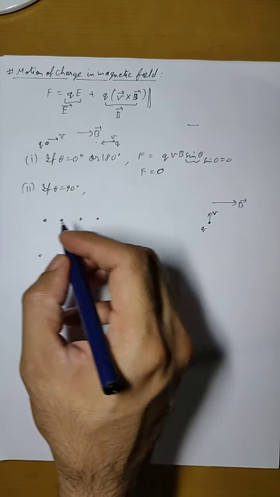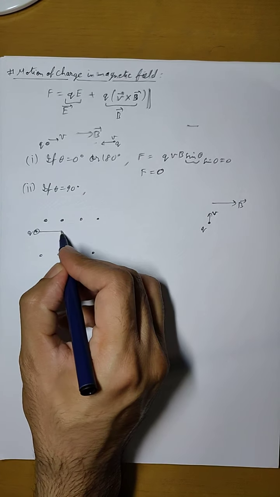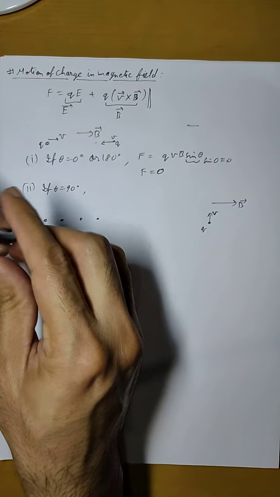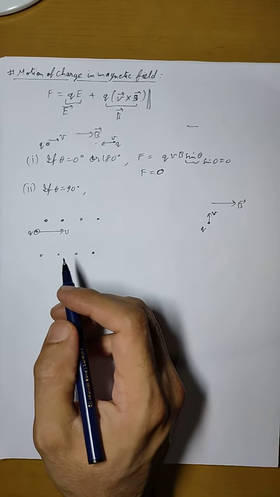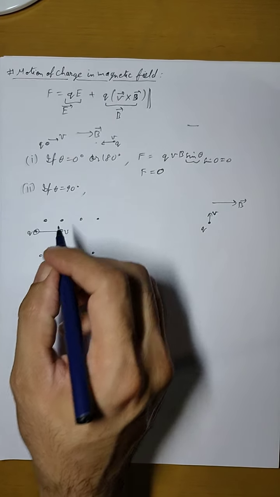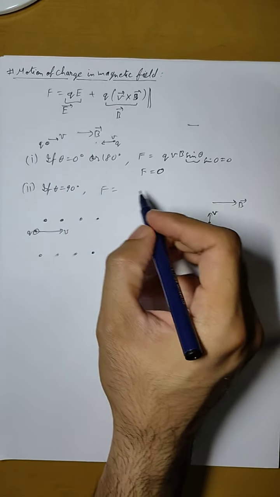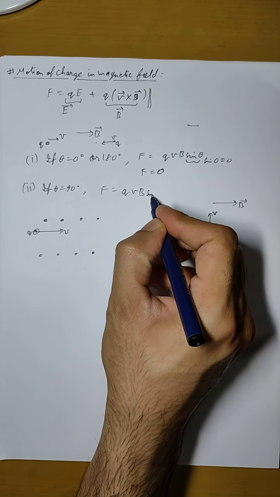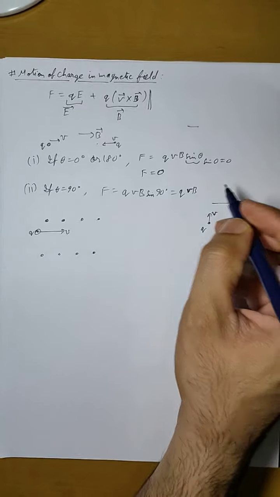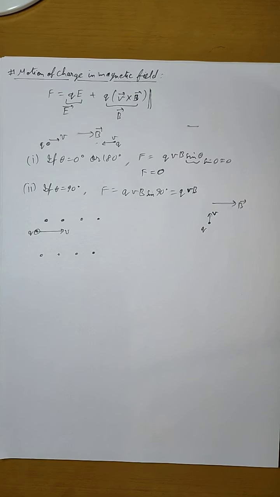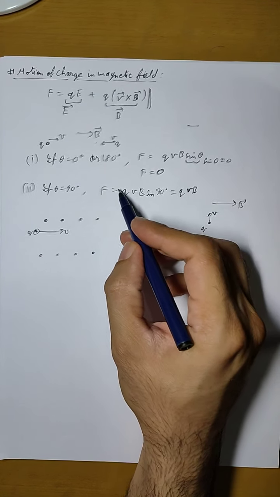So this is the magnetic field and the charge, let us say we have a positive charge, enters like this. The magnetic field is like this. Charge is entering this way, so the angle between them is 90 degree. So this means it will experience a force. F will be equal to qVB sin 90 degree. Sin 90 degree is 1, so it will be equal to qVB. Now the direction of this force will be perpendicular to the direction of B and V by right hand rule. It is a vector product.